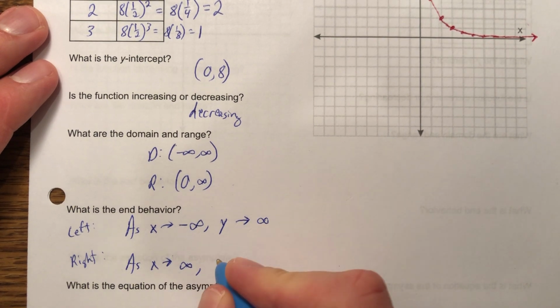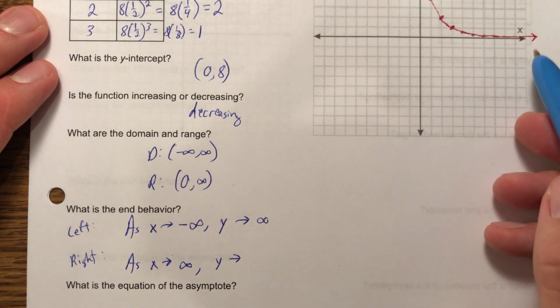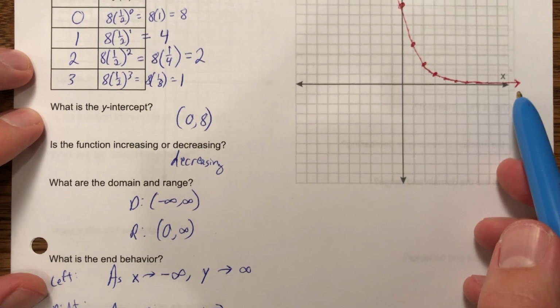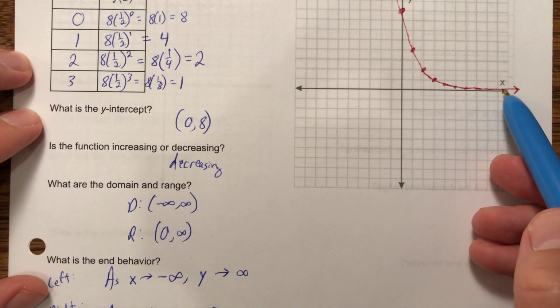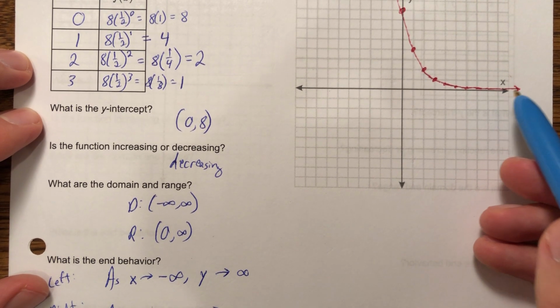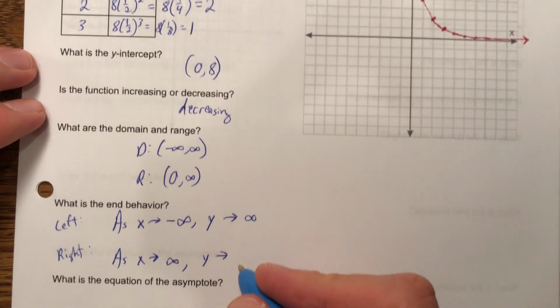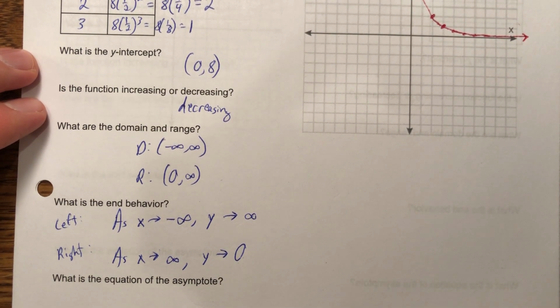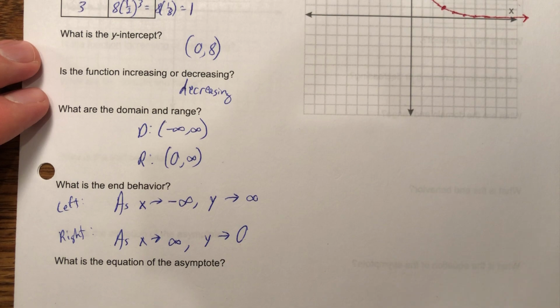And as x approaches infinity, y approaches... Okay, well, it's not going up, and it's not going down significantly. It's getting closer and closer to 0. So as x approaches infinity, y approaches 0. Okay, what is the equation of the asymptote? Well, let's